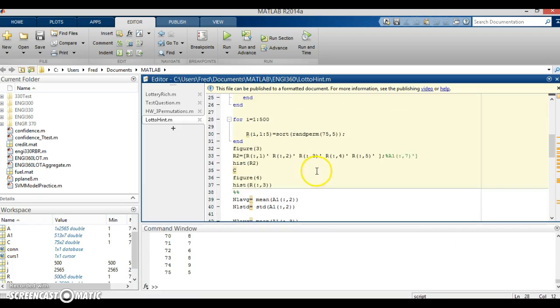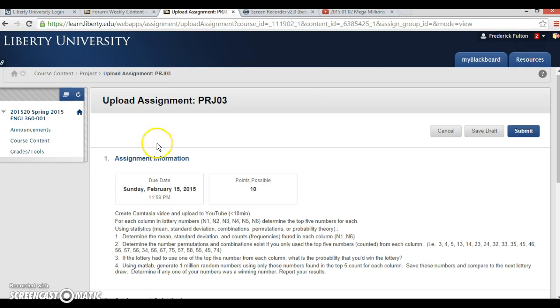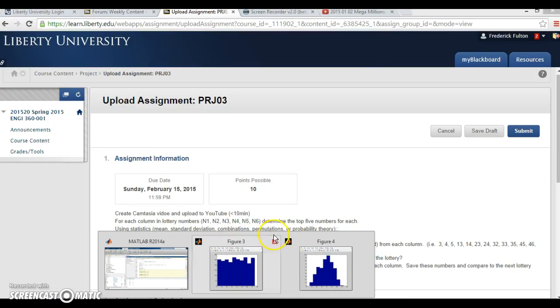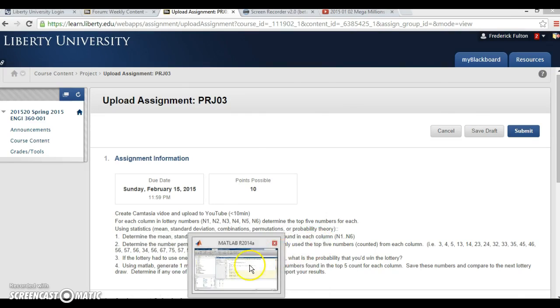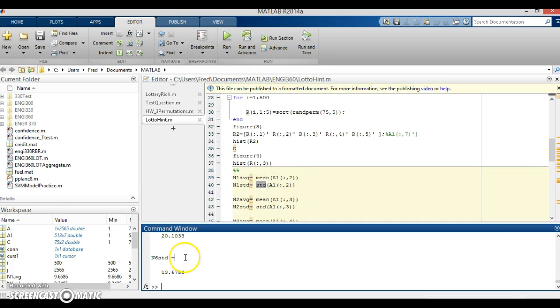So then we can look at our first objective, which was to determine the mean, the standard deviation, and the counts for each of the columns 1 through 6. So we can go back over here to MATLAB. Go ahead and close these. We don't really need them. Go to MATLAB. Run this section, which is just doing the mean and the standard deviation of each of the different columns. And we can see here, after going through our data,